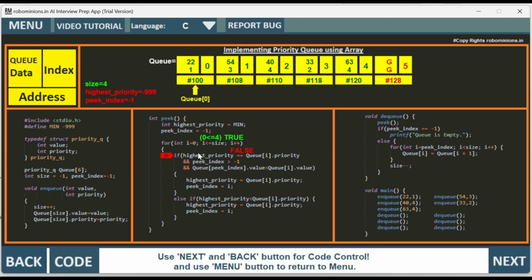We have an if condition: if highestPriority equal to q[0].priority. So highestPriority is right now -999 and q[0].priority is 1. So both are not equal, so that is false. So let's also check the other condition with ampersand: peek_index greater than -1. Peek index right now is -1, it is not, so that is also false. Then q[peek_index], -1, is an invalid spot, so there itself it is gone. So this condition is false, doesn't go there. It goes to else